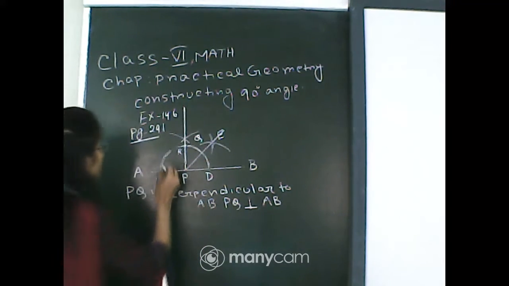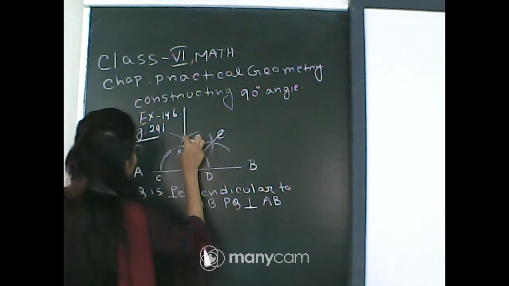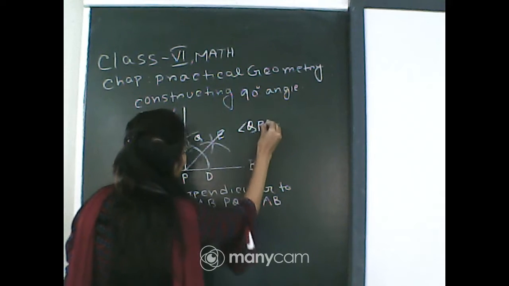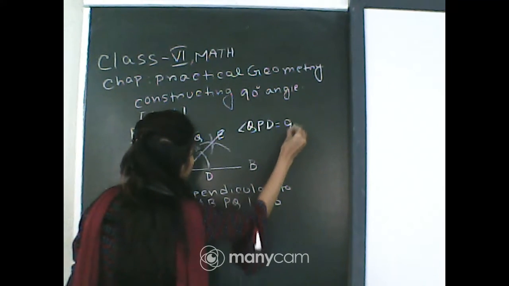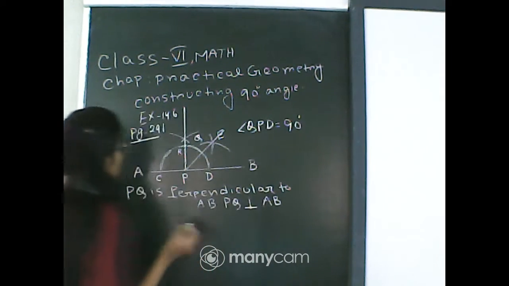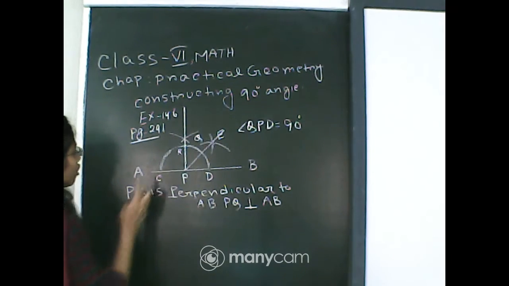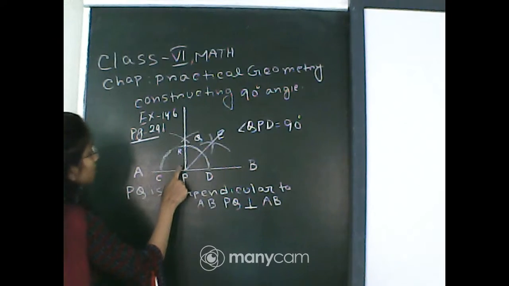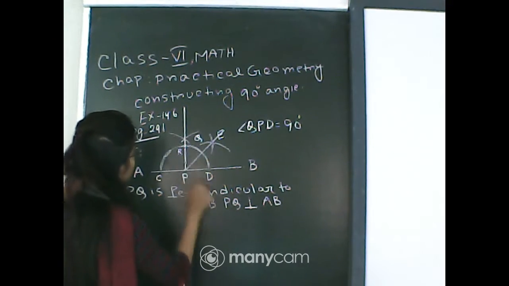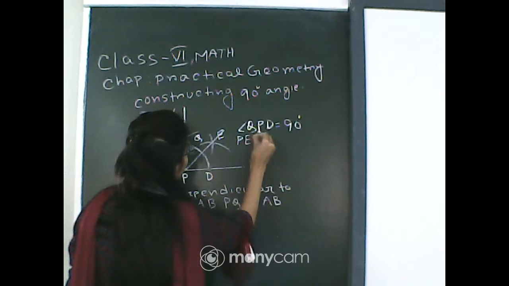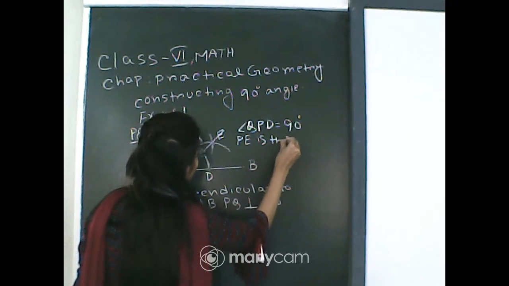Okay, here angle QPD is equal to 90 degree, clear, and PE is the bisector of angle QPD. Okay, PE is the bisector of